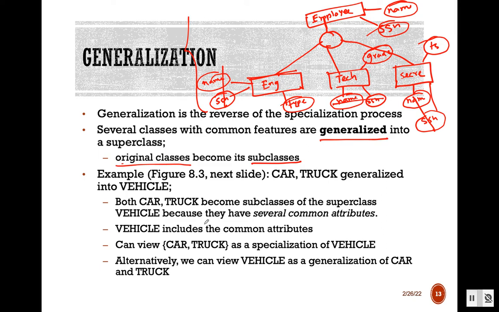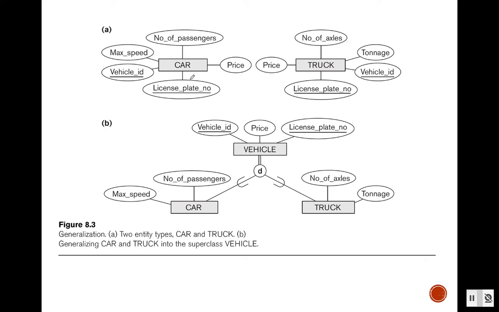So here in this example, let's see, initially I have a car and a truck. Each car has max speed, vehicle ID, license plate number, price, and number of passengers. Now truck also has price, license plate number, vehicle ID, tonnage and number of axles. Now I see that